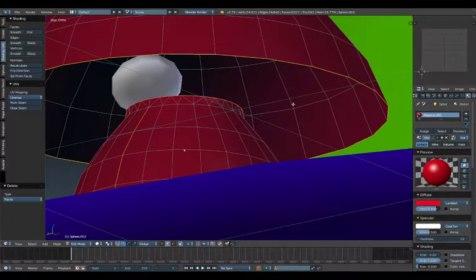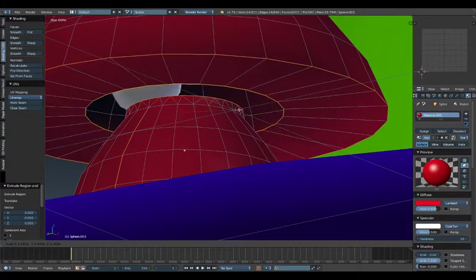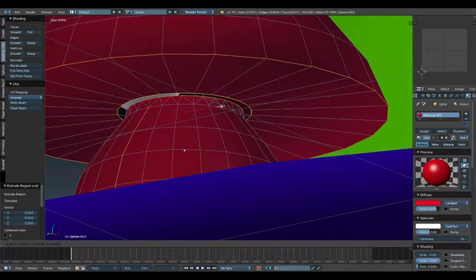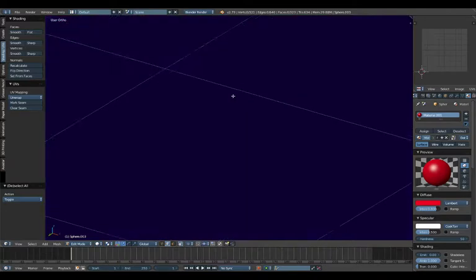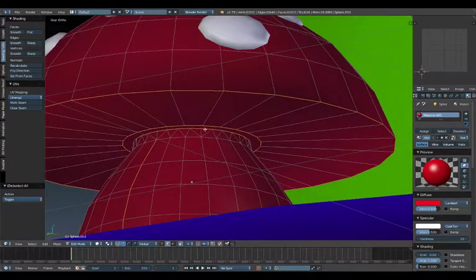E for extrude, enter immediately, and then we scale this in, and then I select that and that, put them together, deselect. I'm also going to get rid of this seam here,